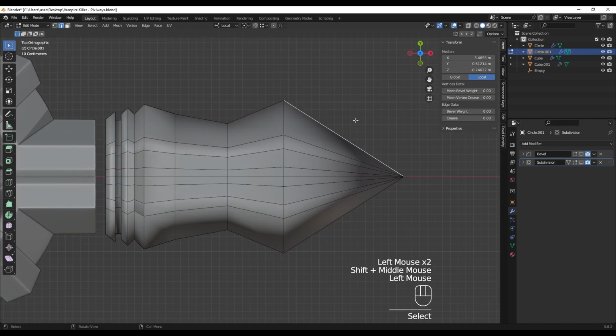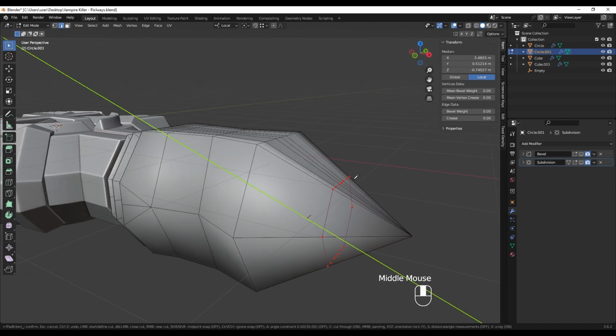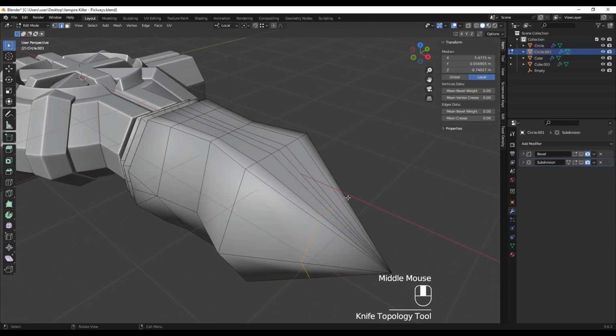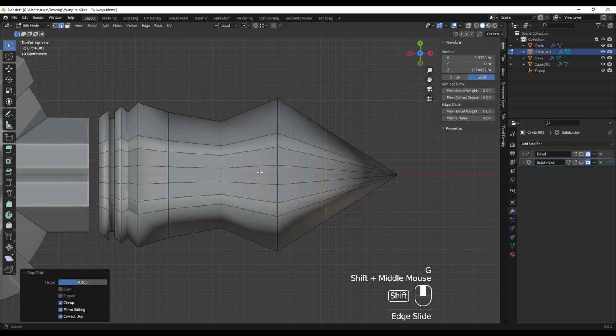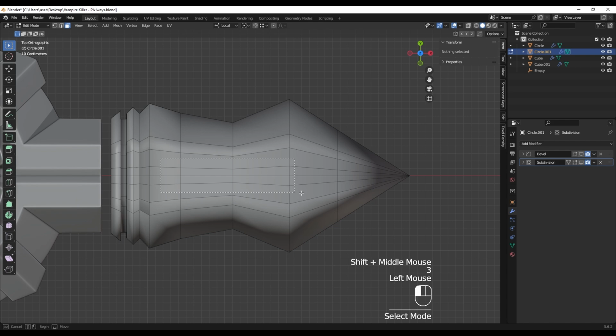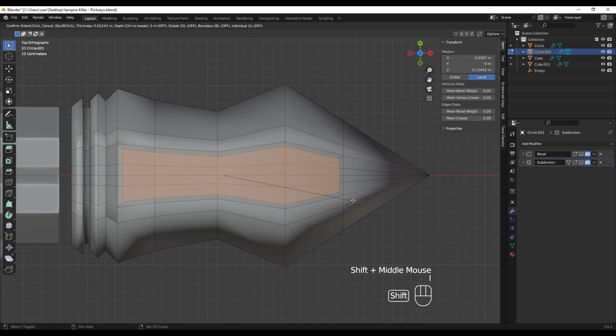And I'm going to press K for knife and click here, and then press C to cut through, and then press Y to add the cut to the Y axis and click here, and then hit enter. Like this one, double G to move this closer. Alright, then select these faces, and then press I for inset